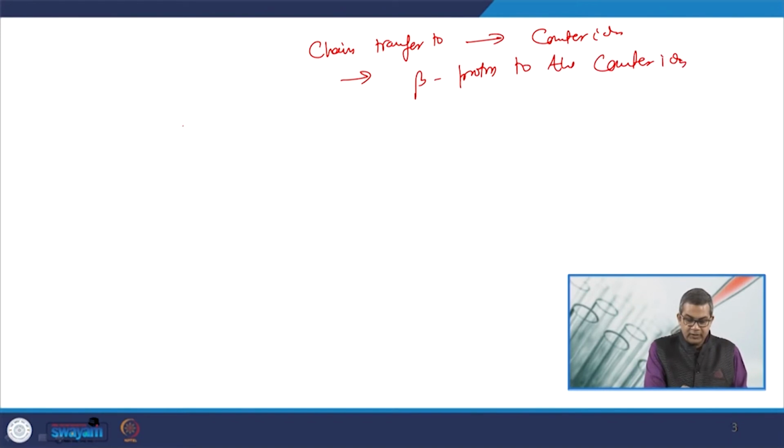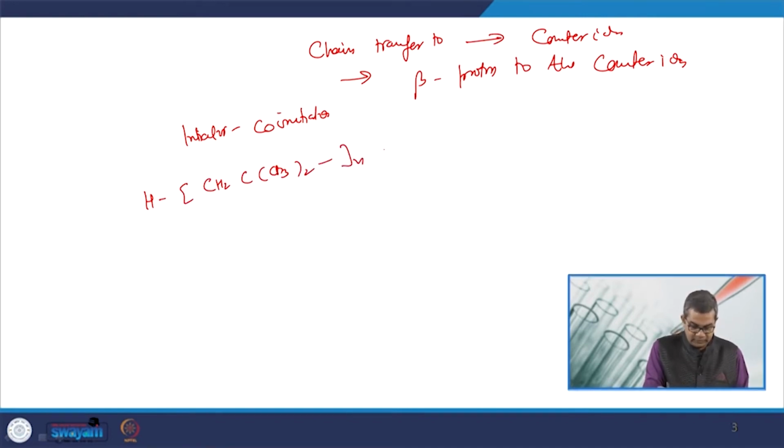Now the initiator and co-initiator are regenerated by expulsion from the propagating species, and as in the chain transfer to monomer, the polymer molecule has a terminal double bond. So it can be represented like this: CH3 whole, and now CH2C plus, you see over here that